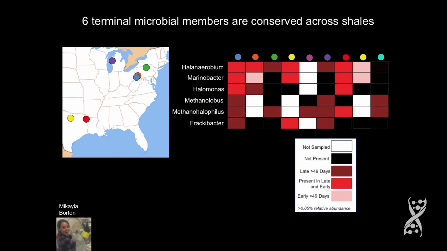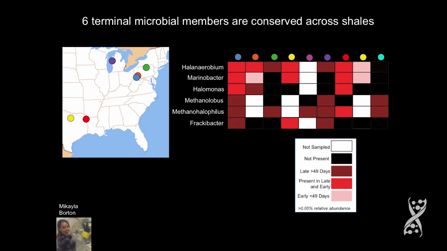So we've just recently written a review, and it's a great time to write a review when there's only about 9 papers in your field. So asking the question about how shared are these organisms across shales. And so those are those 6 key members I showed you here. Here are the different studies that have occurred across the United States. And there's all sorts of differences about when they're sampled, but the key I want you to take home is